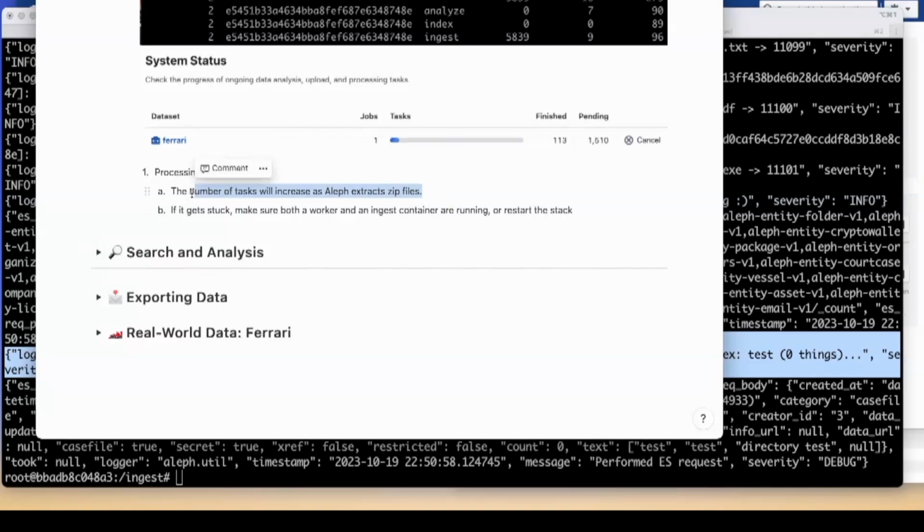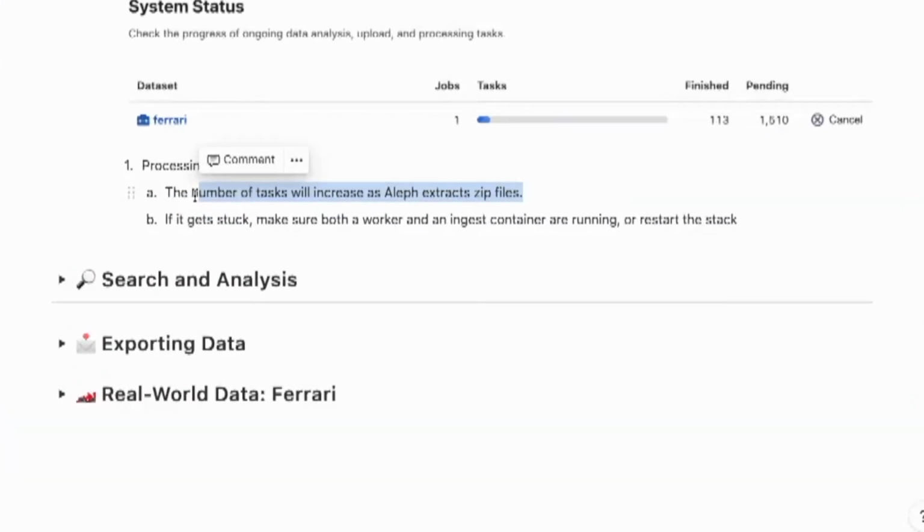Another side thing: Aleph does recursive extraction of compressed data. So you might get a ransomware data set that is one zip file, and then you extract that, and it's five more zip files, and then you extract that, and it's ten more zip files. It just keeps going. You can write a program that does extraction recursively, but Aleph does it for you. It kind of struggles with bigger zips, but if you load in 10,000 zips, it'll extract them all and make their contents browsable in the web interface.